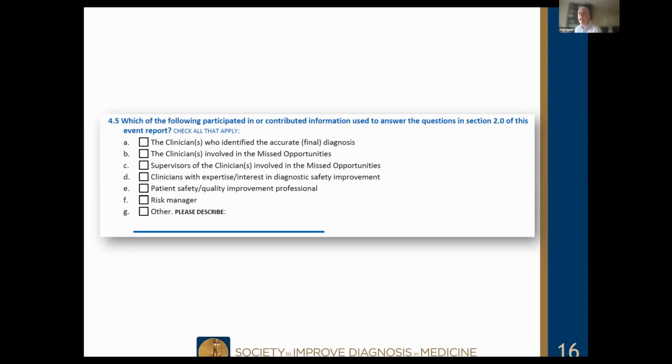Suze, you have 2 hands raised. Oh, great. David, and Kat. Yeah, you may not be able to see them. I'm not sure who had their hand up first. If we go in alphabetical order, I'll start with Kat and then go to you, David.